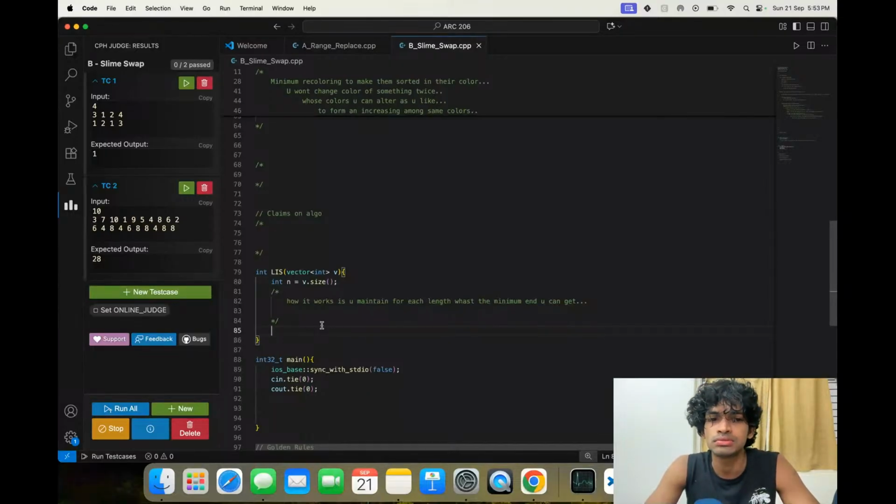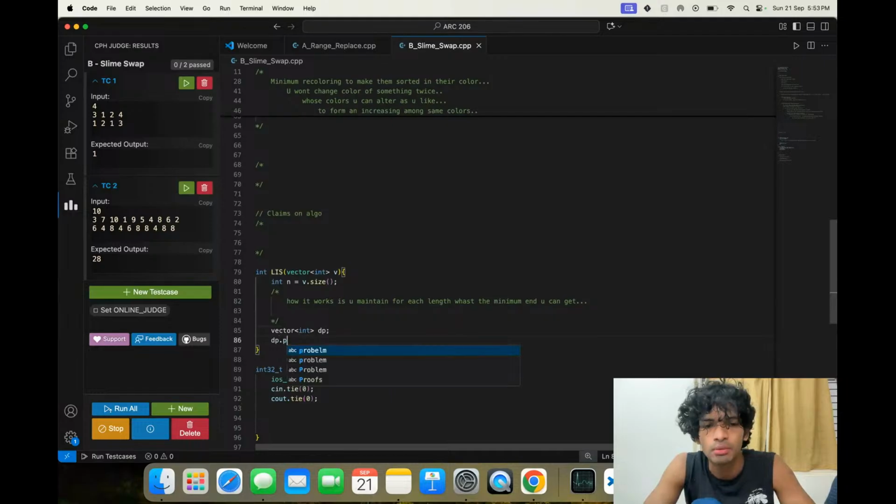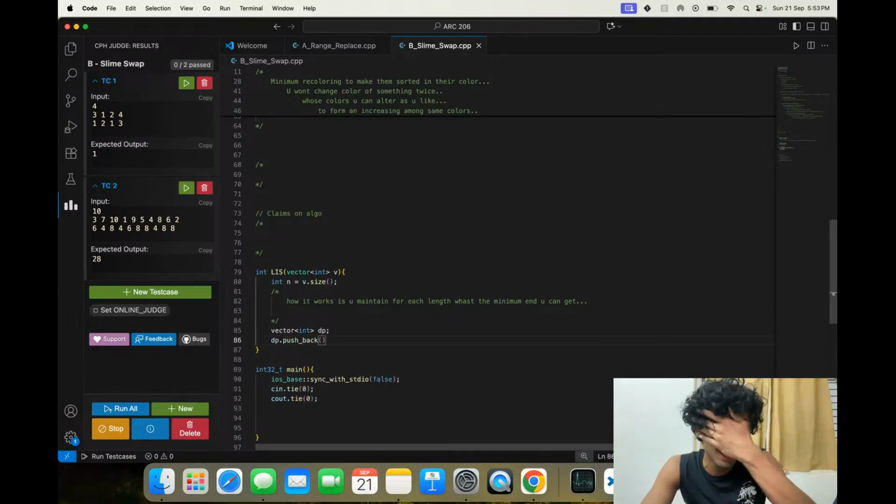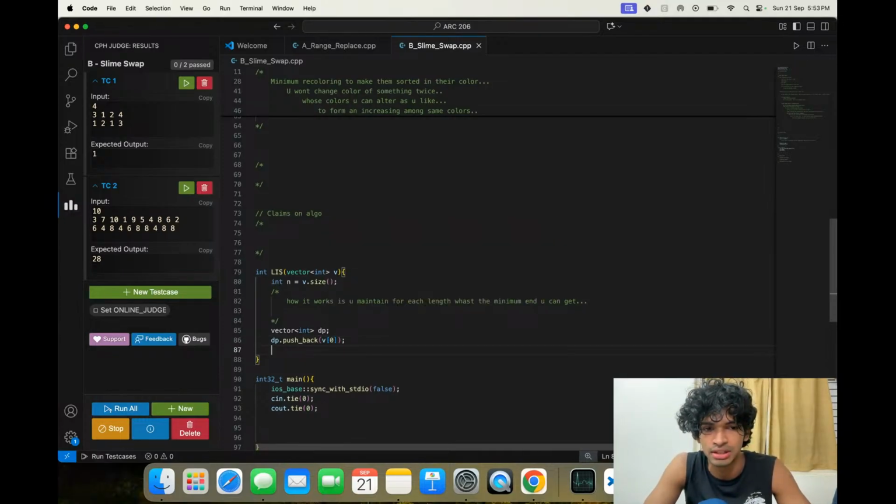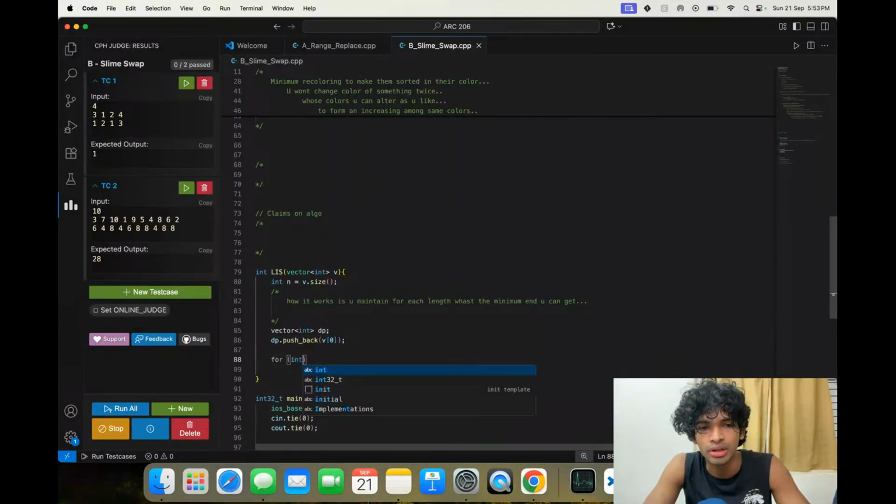So let's say initially at one you have a one length subsequence, let's call it dp. dp.push_back of v of 0, since only one length subsequence is possible, and it's possible with v of 0. Now we are going for int i equals 1, i less than n, i plus plus.